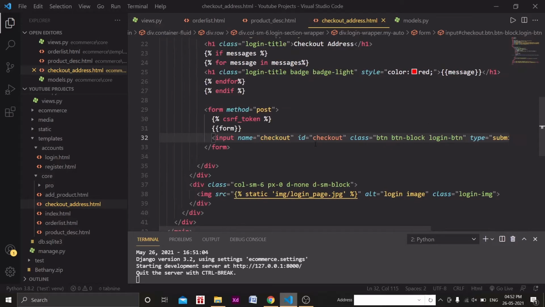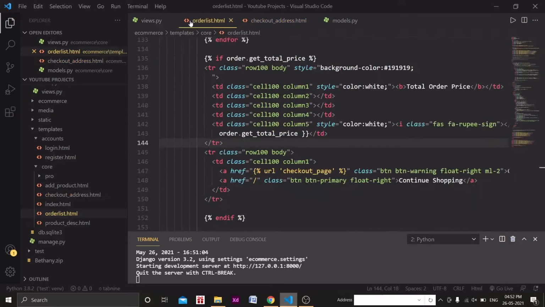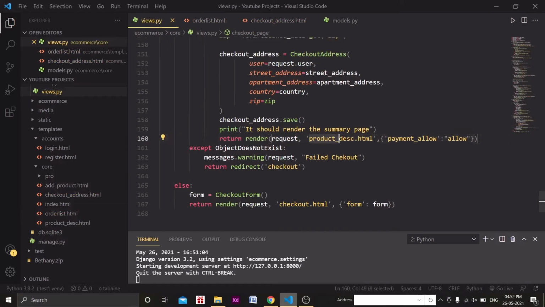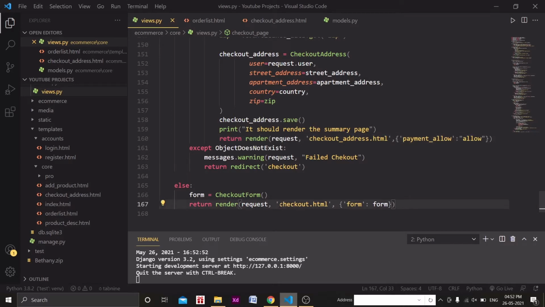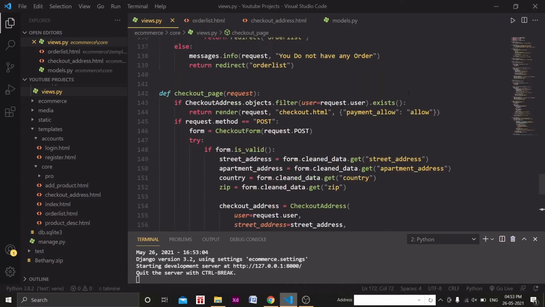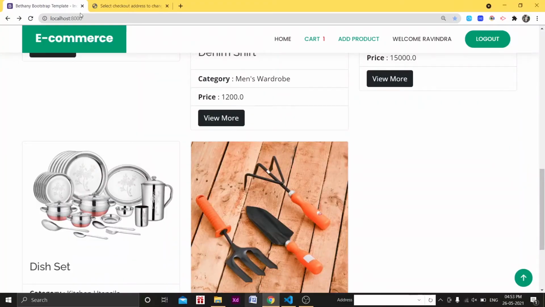Then we can write submit also, that doesn't matter actually. And what we need to do now, we will pass the checkout address HTML page, right? So in the views.py file we will pass checkout address. Similarly here we need to pass checkout address.html. Now everything should work fine.